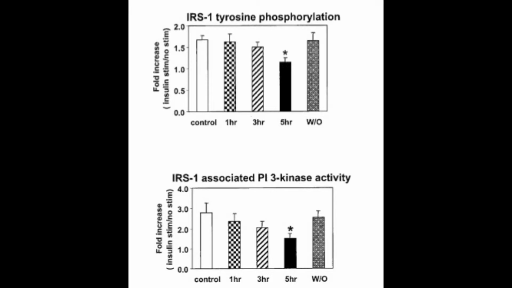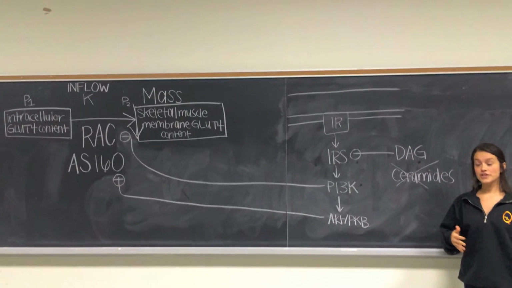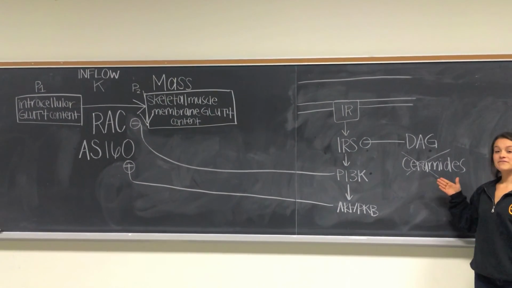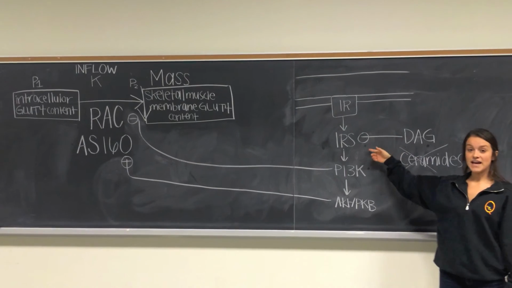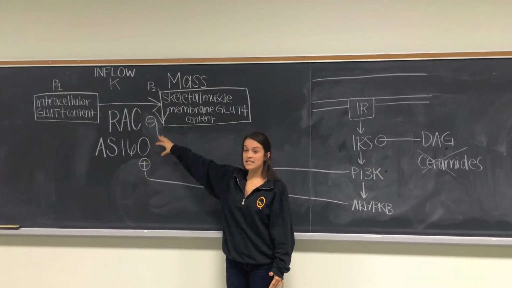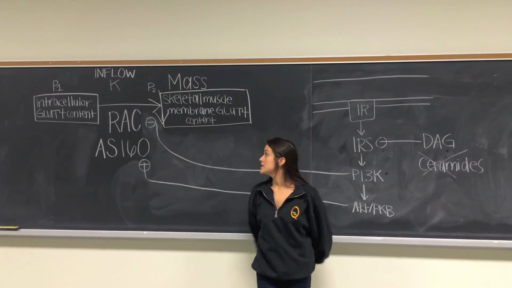Importantly, the study also observed that following an increase in intramyocellular DAG mass resulting from elevated blood free fatty acid, there was also a 30% reduction in insulin activation of IRS-1 tyrosine phosphorylation and approximately a 50% reduction in IRS-1-associated PI3K activity. So the literature that we found supports that DAGs do have an influence on the insulin signaling pathway, but it found that ceramides do not. This effect on IRS that DAGs has causes a decrease in the conductance for our mass, which is skeletal muscle